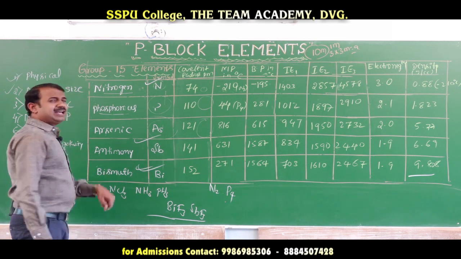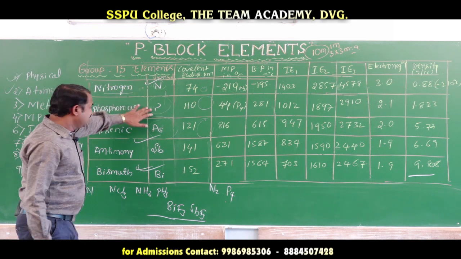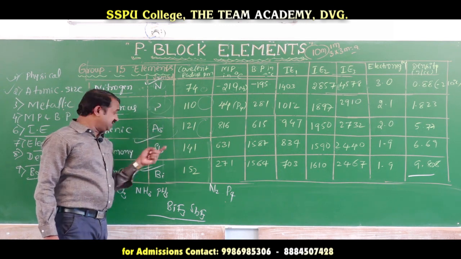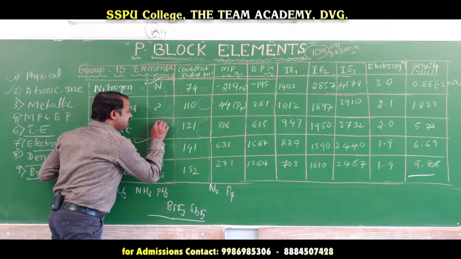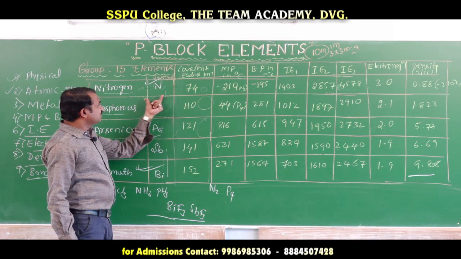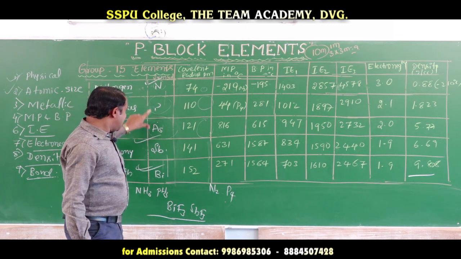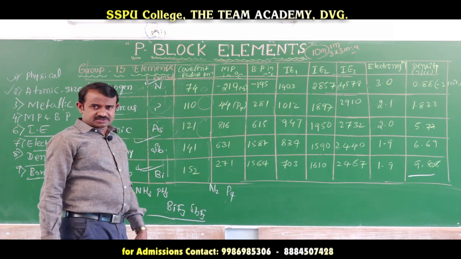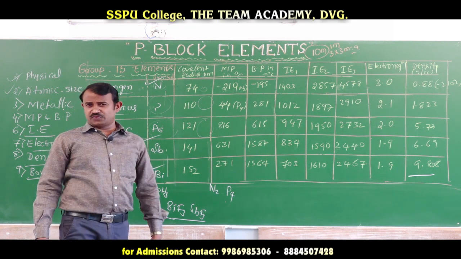Before going to the oxidation state, the bonding is covalent and ionic. Next, the electrical properties, conducting properties. Nitrogen and phosphorus are poor conductors. Arsenic is a semiconductor, and antimony and bismuth are good conductors. This is the conductivity of group 15 elements: poor conductivity, semi-conductivity, and good conductivity. This is the electrical properties of the group 15 elements. Next we will go for the oxidation state of group 15 elements.